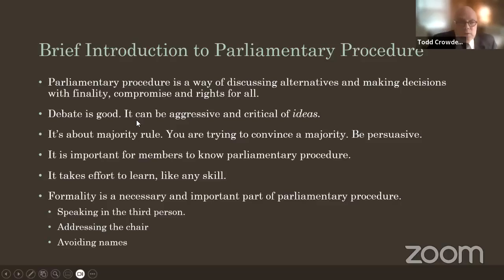If you participate in the kinds of meetings that use it, you will be able to operate a whole lot more efficiently. You don't have to learn everything a presiding officer might know. In fact, I will be the first to admit there's a lot in Robert's Rules of Order that is antiquated. All that stuff about committee of the whole and quasi committee of the whole, no, no. Don't use those, and I don't even know why they're in there. They're annoying and they don't really work very well and they drive people away, especially with those names like that. I mean, who would even know what such a thing means? But mostly it's about fair debate and adopting what the majority wants.